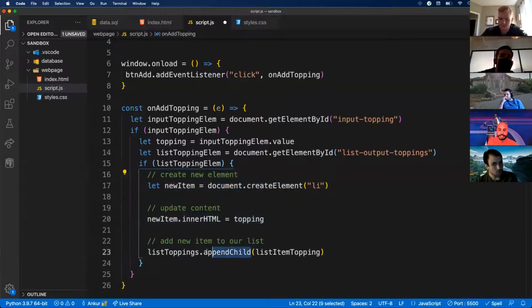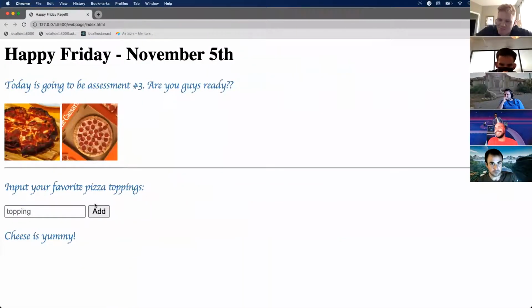This append child is basically taking an existing item on your document and then adding a child to it. So that's going to actually link it to your page, because you already have something on your page. Append child is going to be like, all right, add it as a child to this existing item. So now if I do it this way, let's see if this works. Or if I create something, green olives,